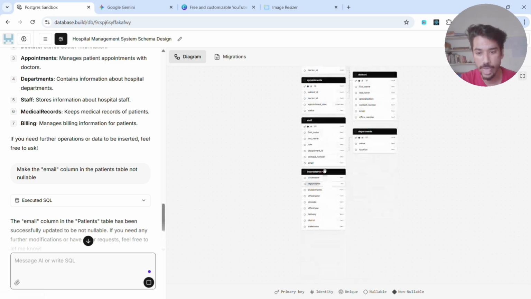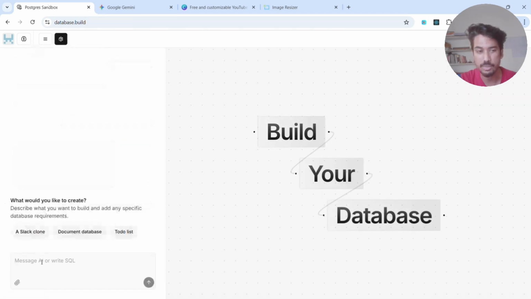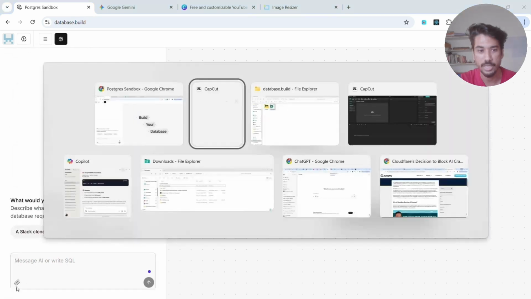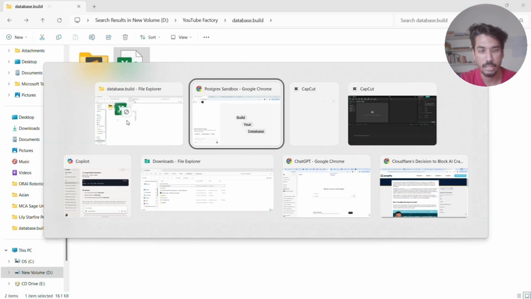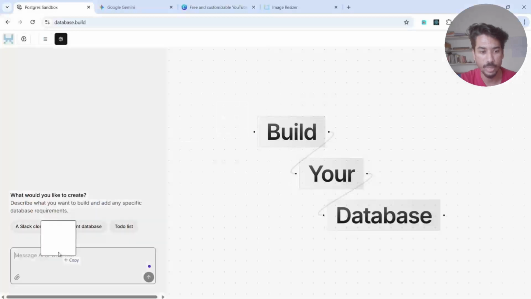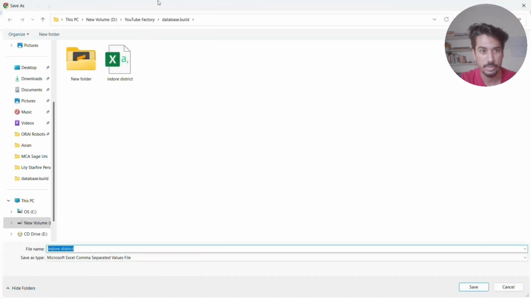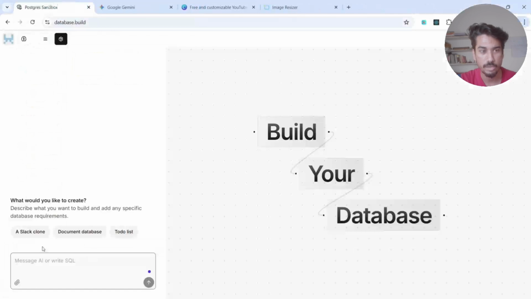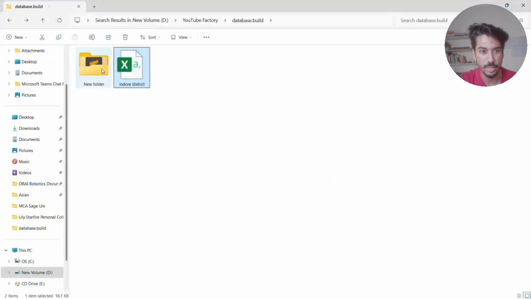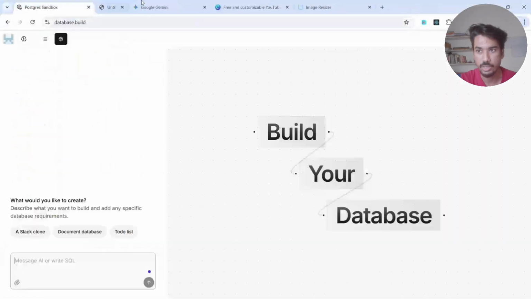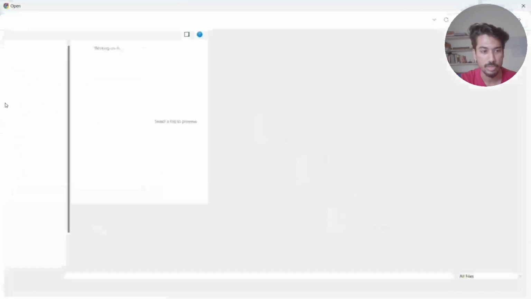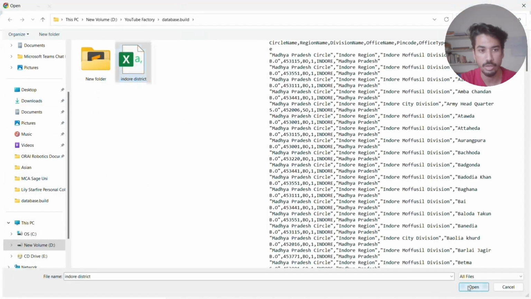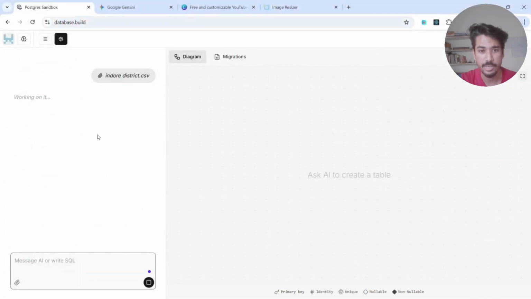So I have dragged one CSV file here, but the thing is it actually created the table right here. I'm going to create another database and I'm going to paste it in here. Okay, looks like the drag and drop isn't working as expected. Let's try again with that. Okay, no, it is not really working out. So I'm going to just click on this attachment button and then try to open this CSV file, and